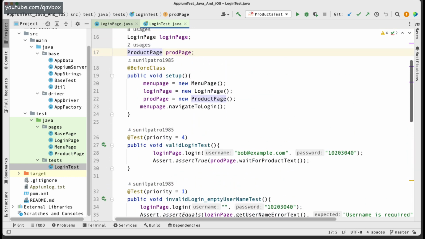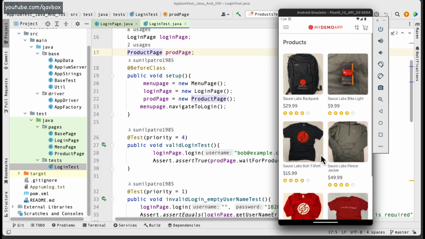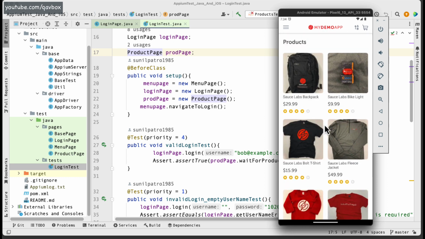Now today we are going to see some more new test cases and how we can handle different scenarios. If you see, this is an e-commerce kind of demo application, where a couple of products are visible here. There are a lot of different options or scenarios that we can automate. For instance, you can see there is a